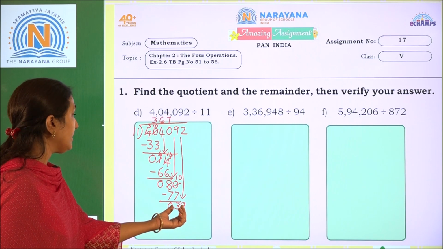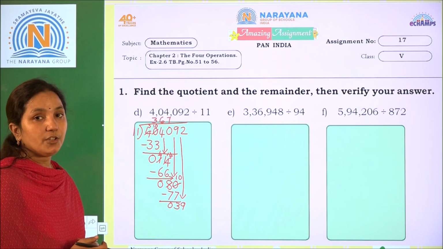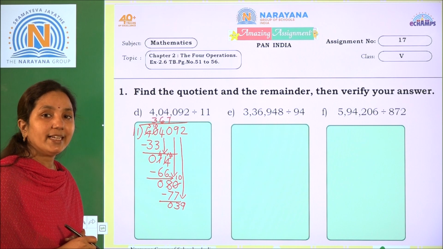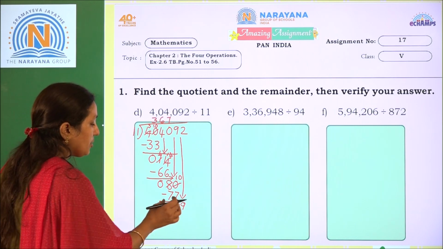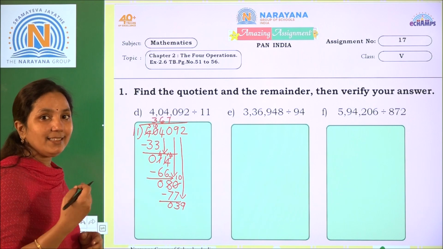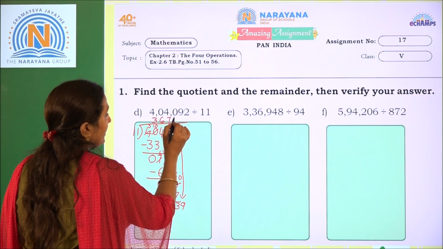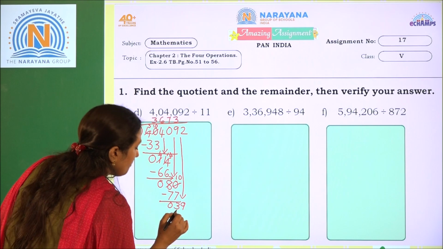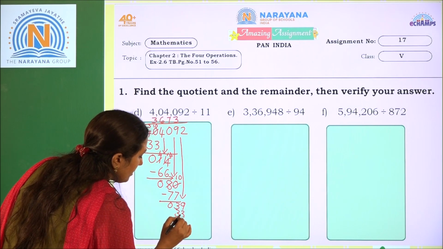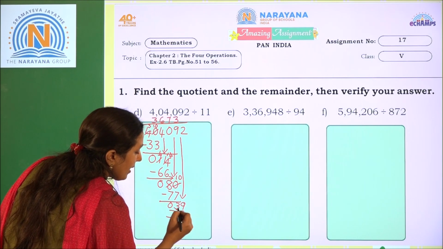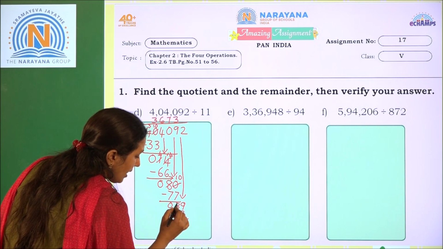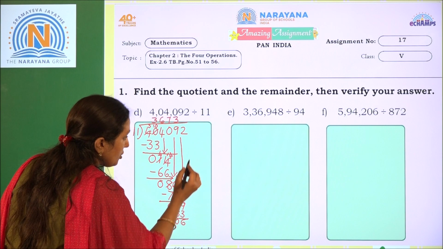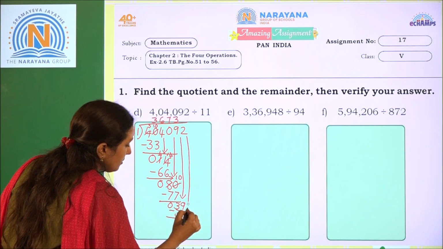We have to divide 39 by 11. Approximately how many times can we take? 3 times. 3 11s are 33. So 39 is greater than 33, so we can take 3 times 33. Now subtract: 9 minus 3 is how much? 6. And 3 minus 3 is 0. Now bring down